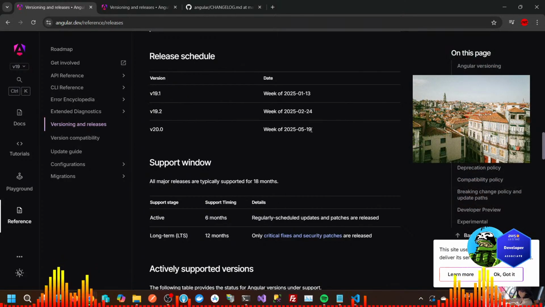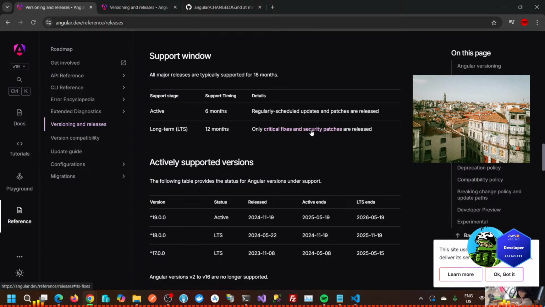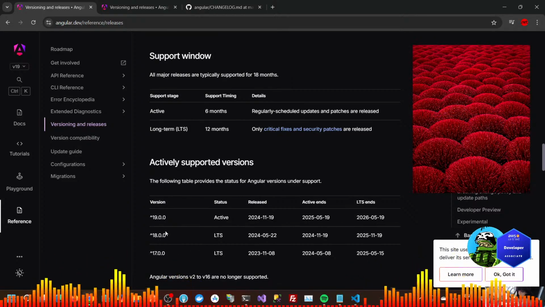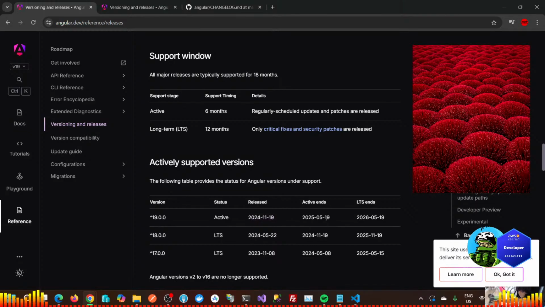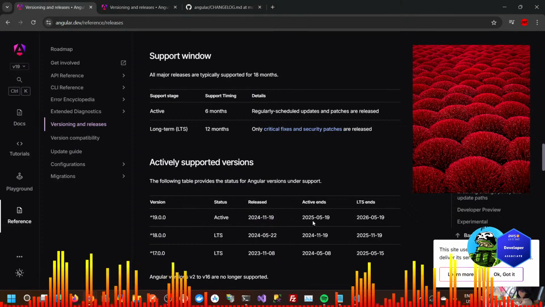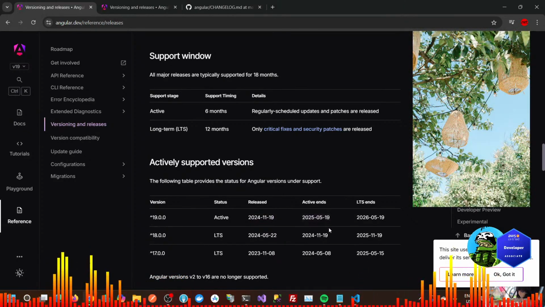The following table provides the status for Angular versions under support. So version 19 is already released. Active ends on May 19. Long-term support is 2026.